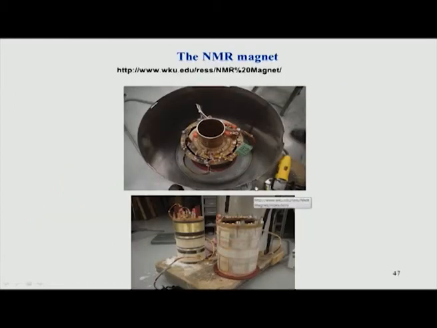Here is what is shown in the picture. You can see how the coils are wound around the machine. This picture is taken from this website, and more details are also available if you log into it. This is how the innermost coil looks like, and this is a very long coil which is wound very finely. Making NMR magnets is really rocket science in that sense.